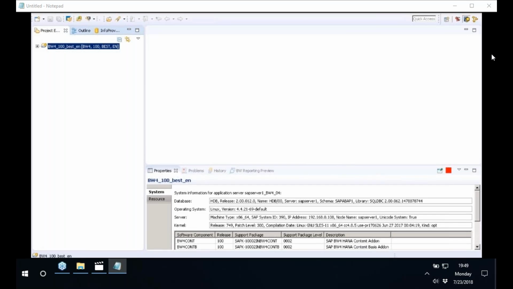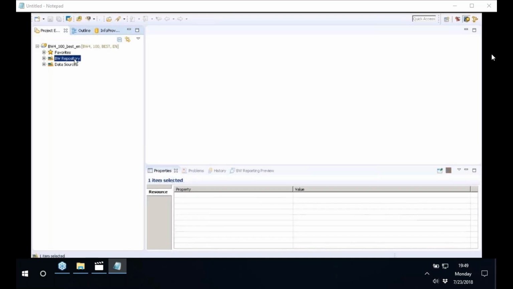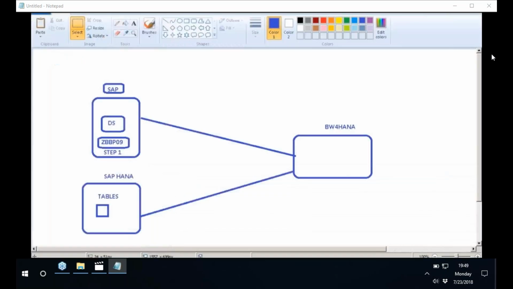Now, let us expand the BW4HANA system. Once you expand it, here you find two important folders. The first folder is BW Repository, and the second folder is Data Sources. Now, what is my requirement? My requirement is we need to get this data source